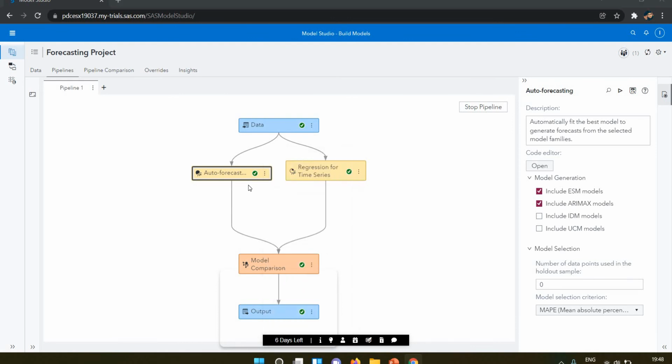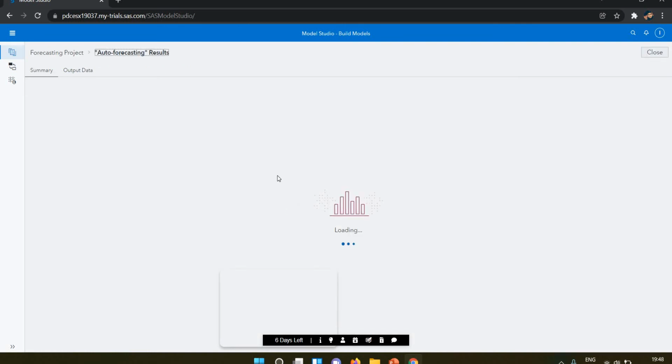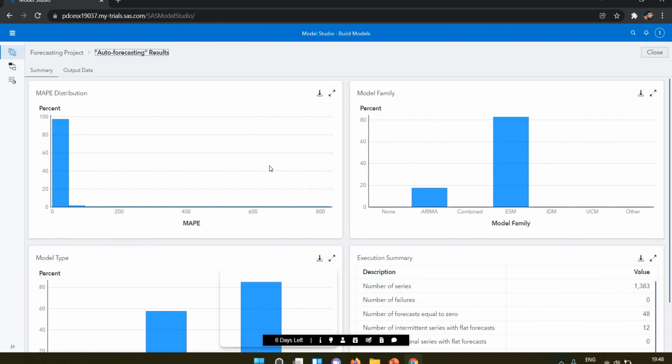If I click on the results, now you can see here in the auto forecasting we have the MAPE distribution, where the maximum percentage is 97.18. Here we have the model family, ARIMA and ESM.